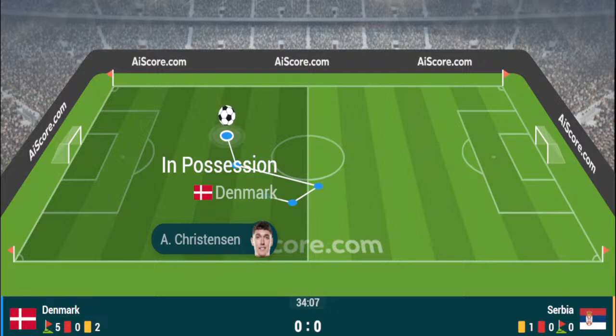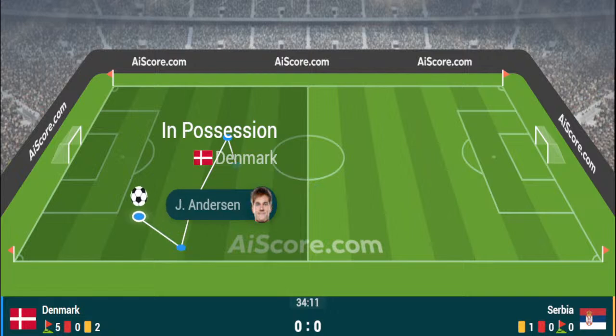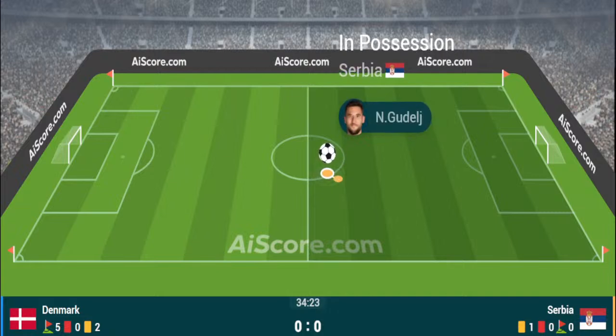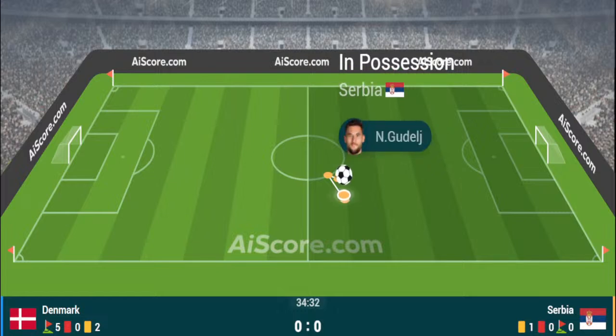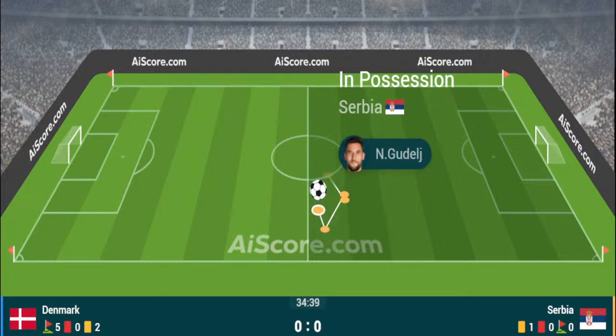Mitrovic has the ball, and Mitrovic wants a free kick, and he's going to get a free kick as well. He's deep inside his own half, is Alexander Mitrovic, because he was just trying to see off the challenge of Vestergaard, who in the end just gave a little nudge for good measure. And Serbia have the ball inside their own half. Serbia are in possession on the left hand side. Serbia just sliced it up, particularly Zivkovic and Pavlovic, and I don't think Serbia will wait too long before making substitutions.